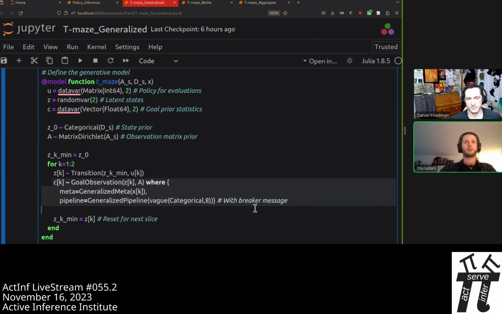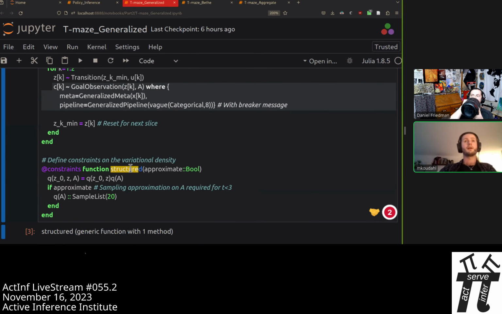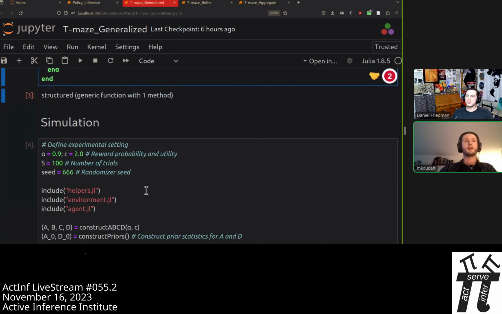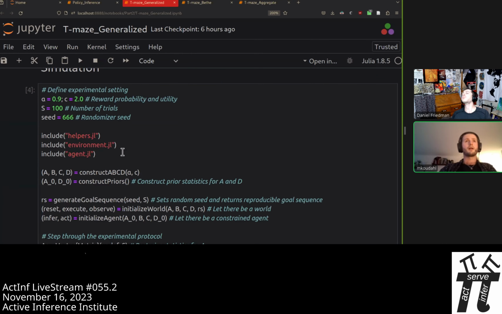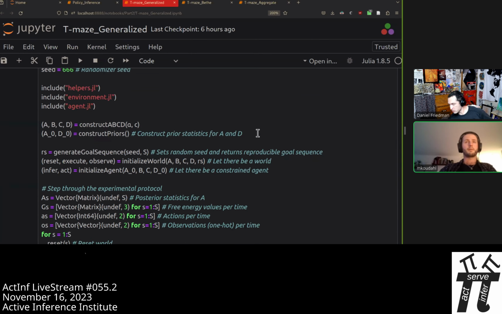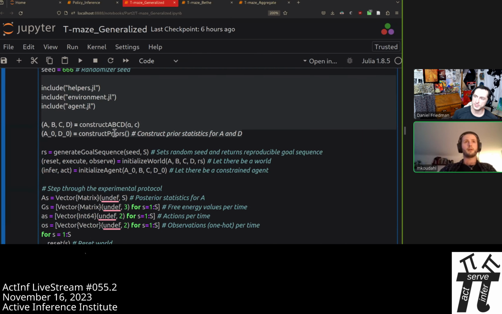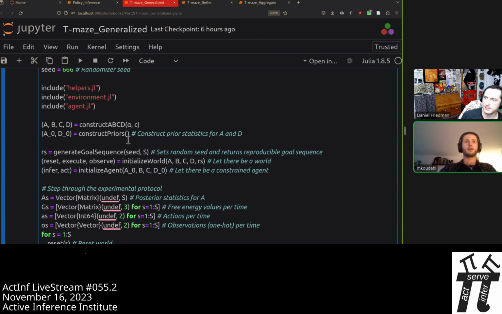And this here is calling the exact same p-substituted mean field constraint, the goodness node that we used for the direct policy inference simulations. Then we do the same thing. We load up our priors, we load up our matrices.